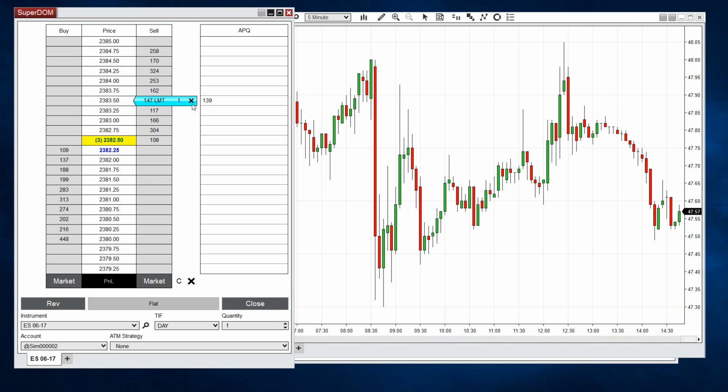Does NT8 offer the ability to do spreads such as S&P E-mini versus the NQ E-mini? If you're referring to the ability to take two instruments and create a spread chart between the two, the answer is no. If you want to be able to create an indicator, as an example, and plot the difference between the two, then the answer is yes.